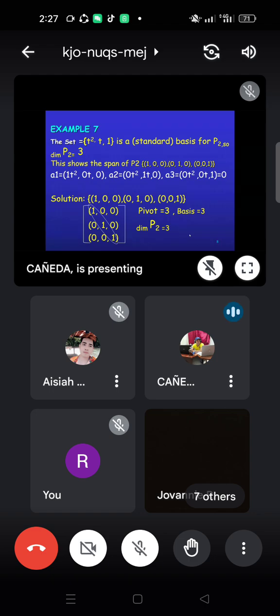So for example number 7, the set of t squared, t and 1. This is a polynomial. This is a standard basis for P2. So the dimension, dim P2, is 3. To show